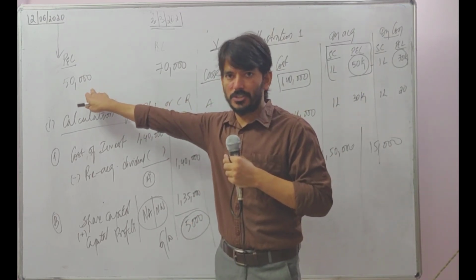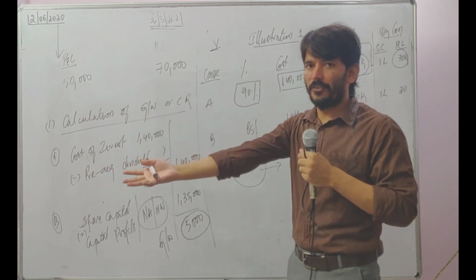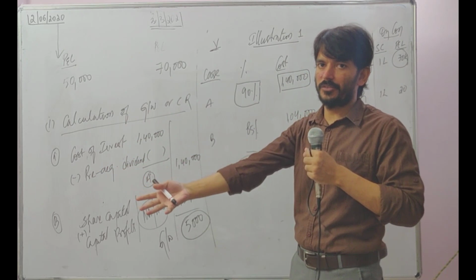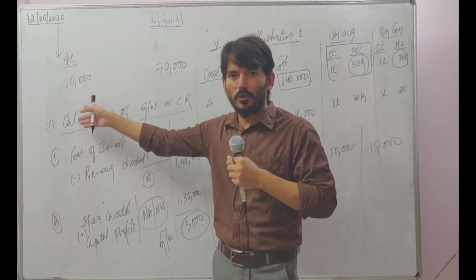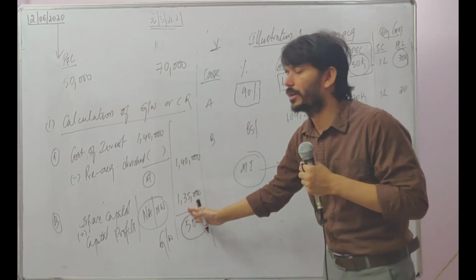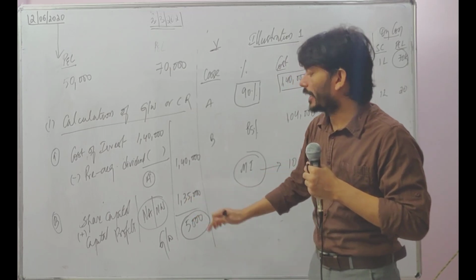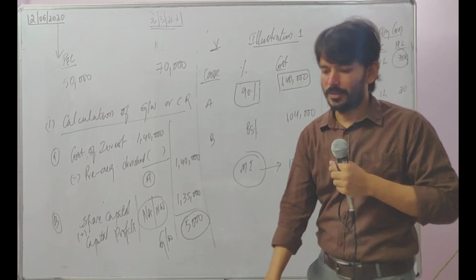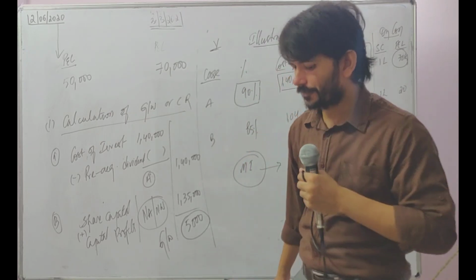On the date of acquisition, you are purchasing one company there, Y Limited. On the day when you are purchasing the shares of Y Limited, there is a profit of 50,000. Is this 50,000 going into your pocket? It's not going. It is going into this calculation, 1,35,000. Out of this 1,35,000, this 35,000 relates to that P&L only. 50,000 multiplied by 90%.